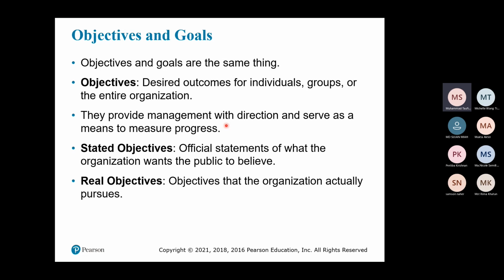Instead of just stating, we want to increase the number of customers. How much? Is it 1,000? Is it 5,000? Is it 10,000? Is it a million? Because for every different number, you have to design your plan differently. When you don't have a specific objective while designing your plan, your plan maybe cannot achieve what you want to have. Maybe you just said, I want to increase the number of my customers.